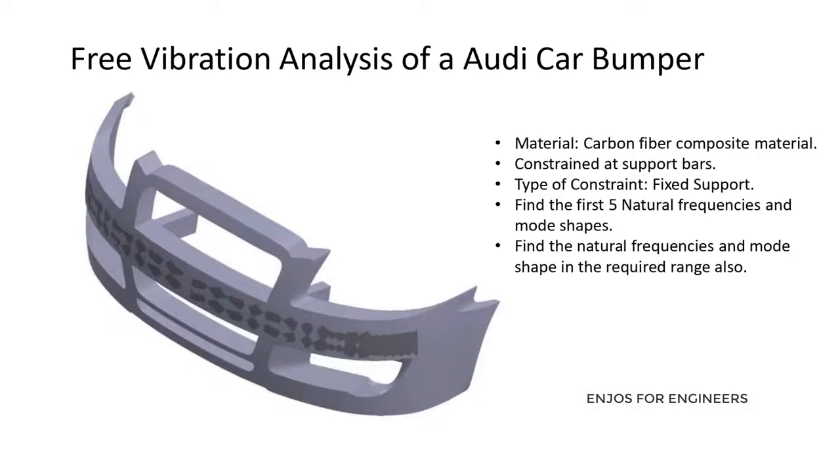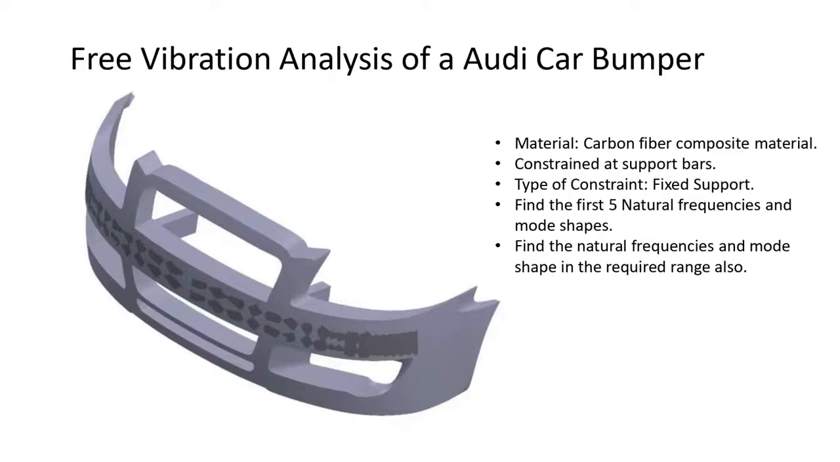Here, in this particular problem, we are going to perform a free vibration analysis of an Audi car bumper, and the material with which the Audi car bumper is prepared is carbon fiber composite material. And remember, we have taken this material for representative purposes only. If we want to analyze composite materials, then there is a separate procedure and modules for analyzing composite materials